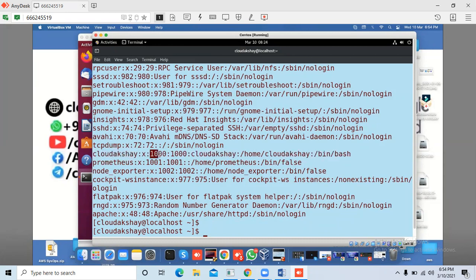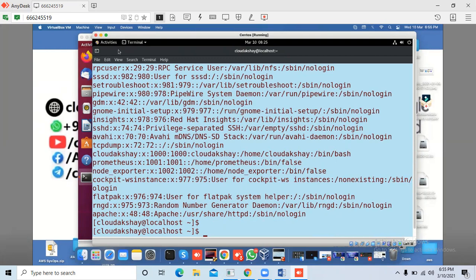You can also identify it by UID and GID, comment and home directory, and this is the login shell. Bash is a shell type, and we have multiple shells. Fish is also a terminal for the login shell.